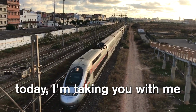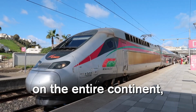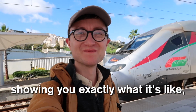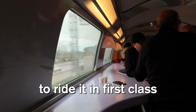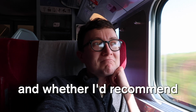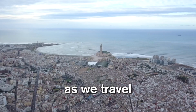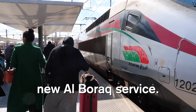Today I'm taking you with me on the fastest train in Africa. It's the first high-speed train on the entire continent, and I'm going to be showing you exactly what it's like and how much it costs to ride it in first class at 350 kilometers an hour, and whether I'd recommend you to use it yourself as we travel right through Morocco on its very classy new Boraq service,